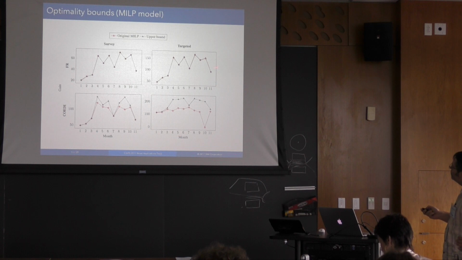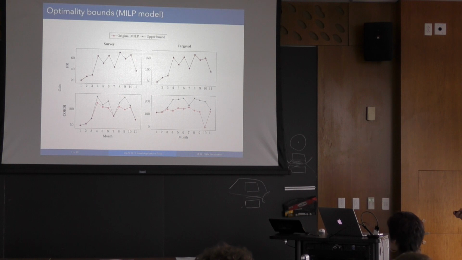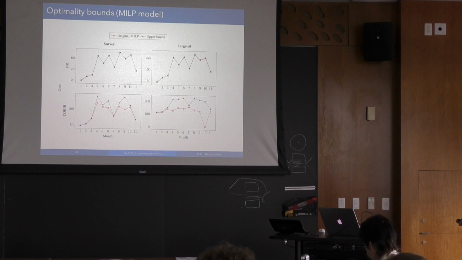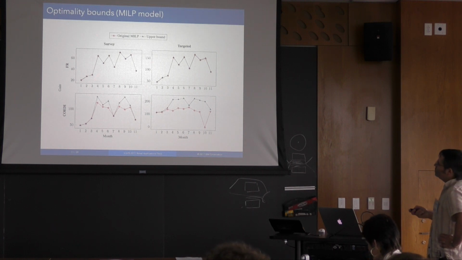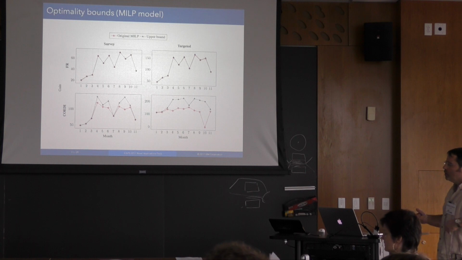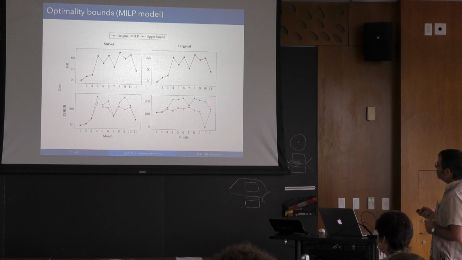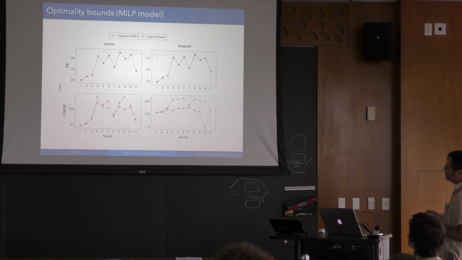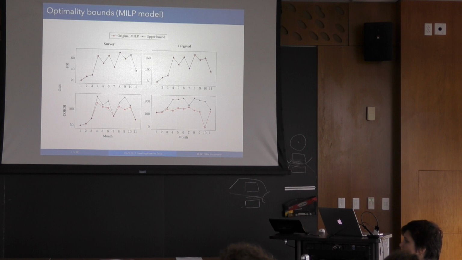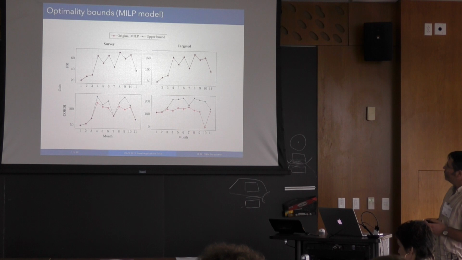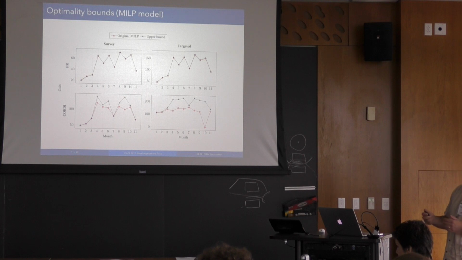So we see that for this instrument, FR, the original MIP, even if it didn't know it, was producing optimal or quasi-optimal solutions. So it means that these instances are in some way already solved by the original MIP model. This one looks more challenging because you see there is a gap, sometimes quite big, between the solutions found by the original MIP and the optimality bound we computed this way. Of course, here we don't know exactly if maybe it's the bound that is bad.